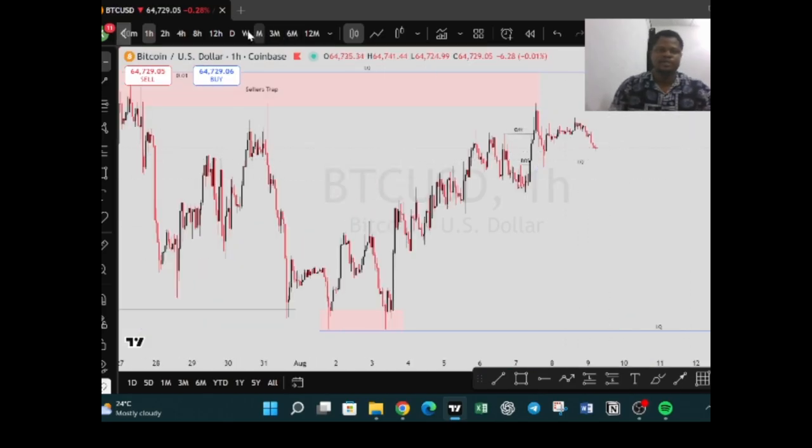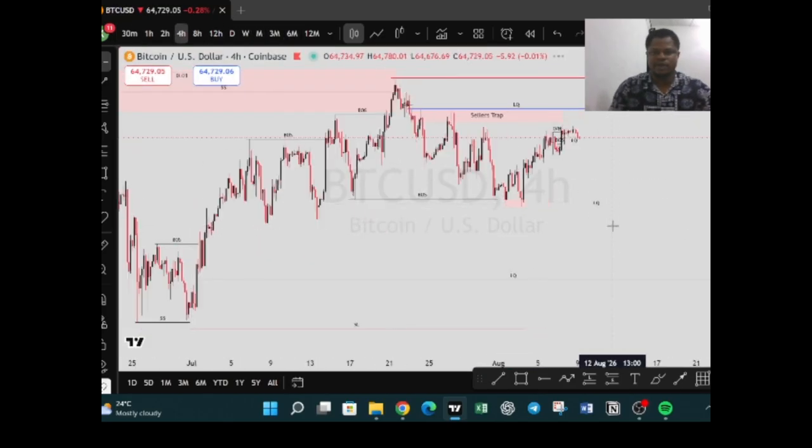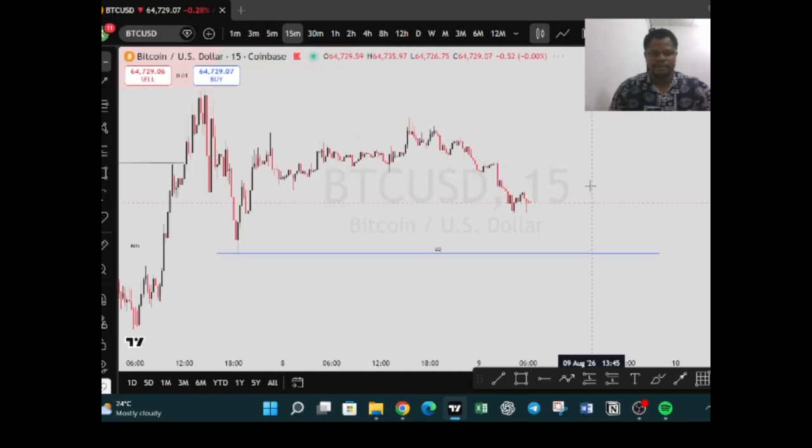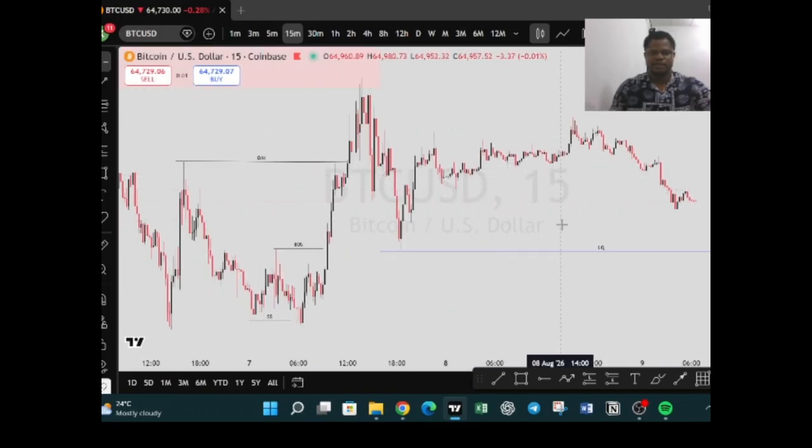Now, because this break of structure happened on the 4 hour time frame, I can see that it is visible on the 4 hour. Then this is when I can look at my 15 minutes and see how price is reacting from that zone. So on my 15-minute time frame now, I can see that